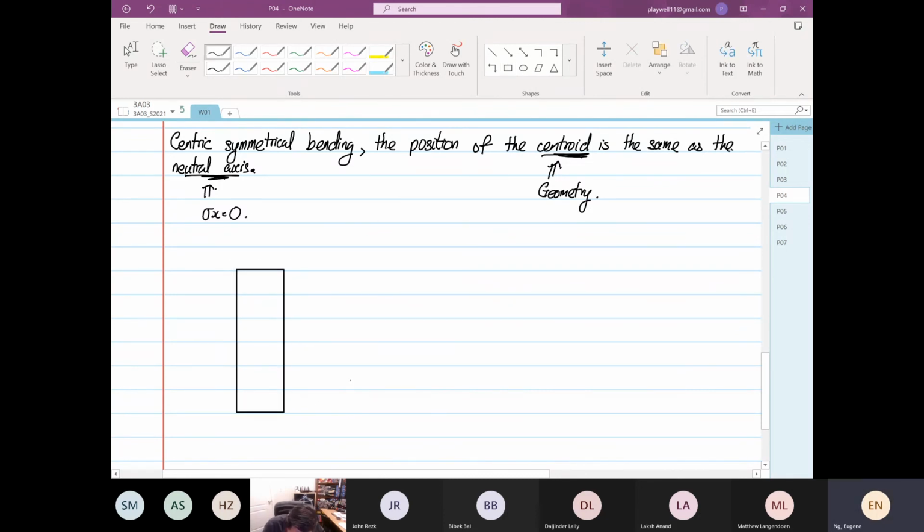If I draw a transformation, this is point Y, point Z, rotation about X. And this position over here is our centroid. Because it's rectangular, it's obvious: the center, where the top half and the bottom half have the same cross-sectional area in terms of size, is the position of the centroid. Now, if we were to assume that any